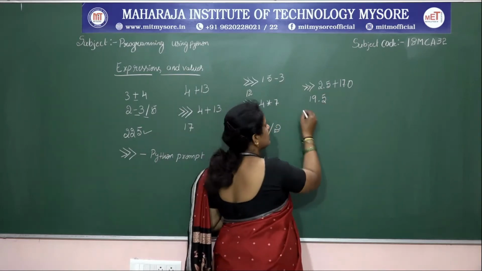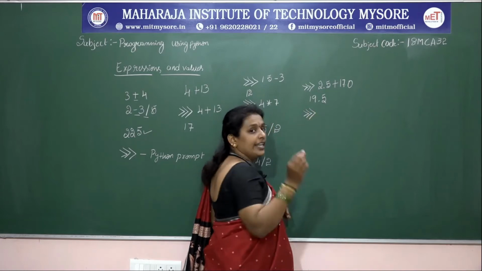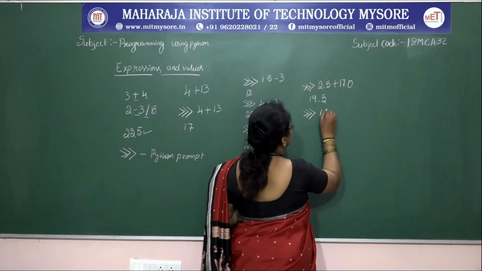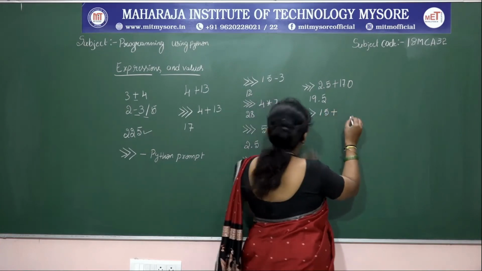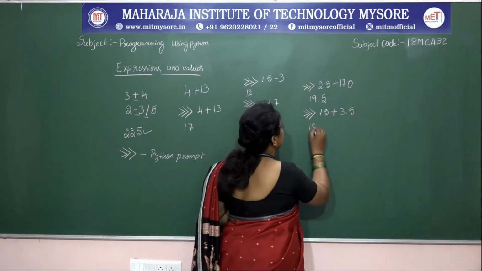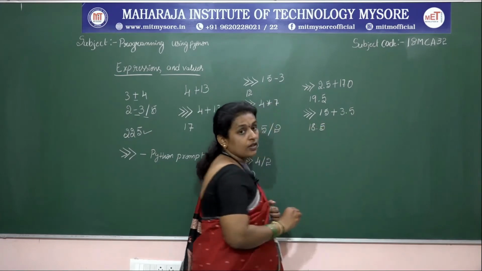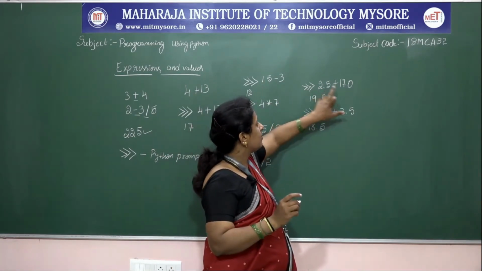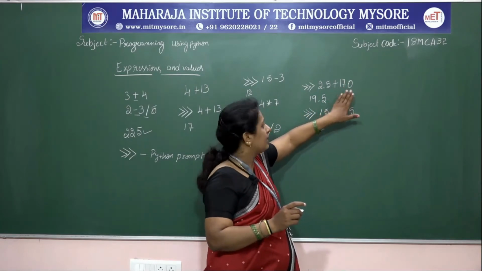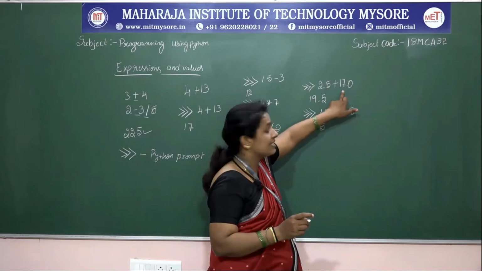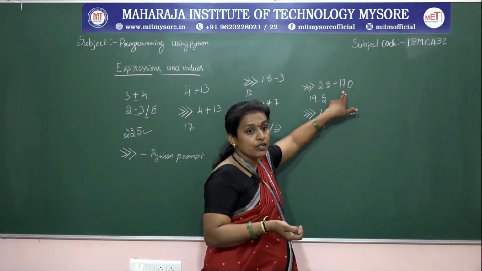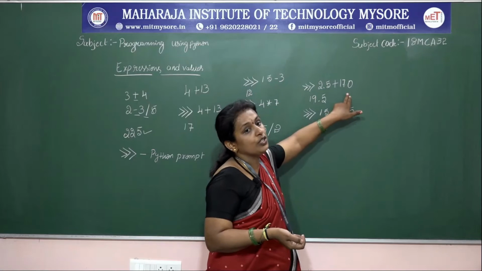For example, I will give one more example with a combination of integer and floating point. So 15 plus 3.5. You will get the answer as 18.5. Okay. So in this example, I have given it as a decimal representation. I have not added anything, but I have simply put a point 5. So this will be treated as a decimal value. Sorry, a floating point value. Okay, meaning a decimal point value or a float value.